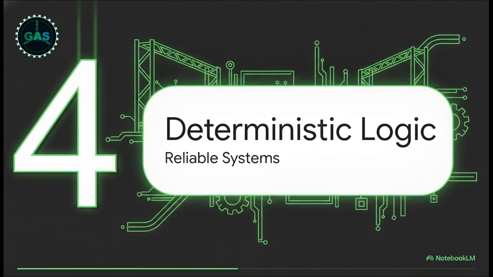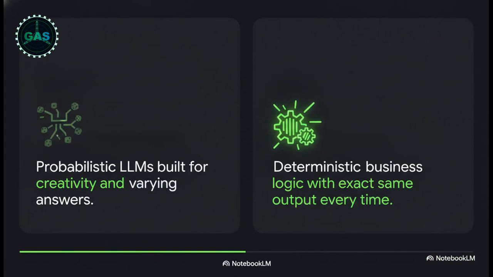Next up, Section 4, Deterministic Logic and Design, Building Reliable Systems. Now, during the architect and stylize phases, you really have to understand the core difference between probabilistic and deterministic logic. Large language models are naturally probabilistic. They're built for next word prediction. If you ask an LLM the exact same question 100 times, you are going to get 100 slightly different creative